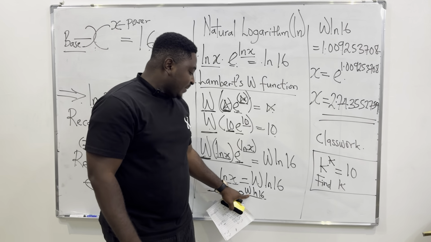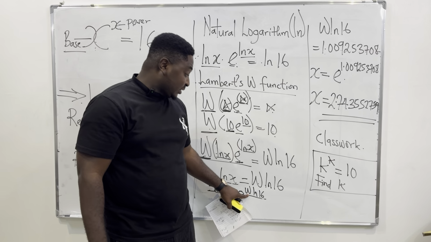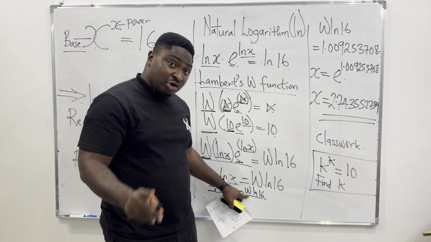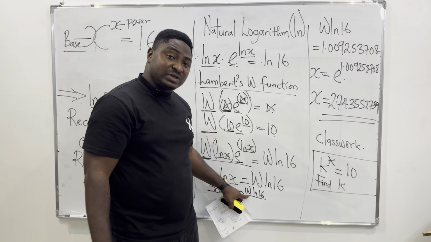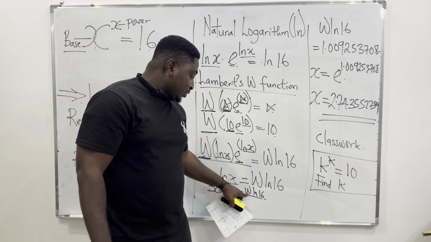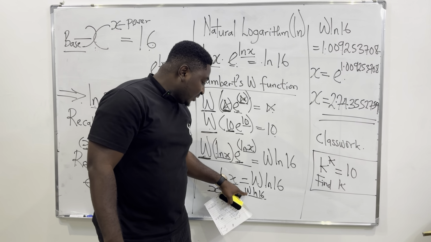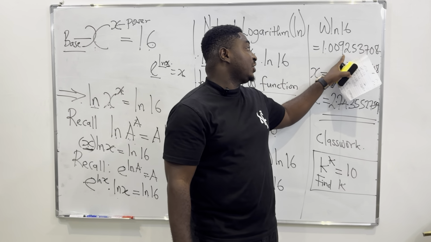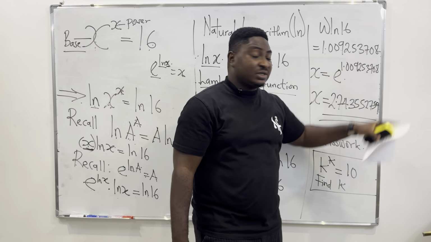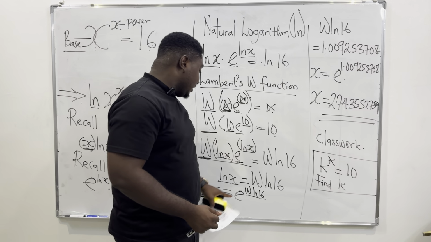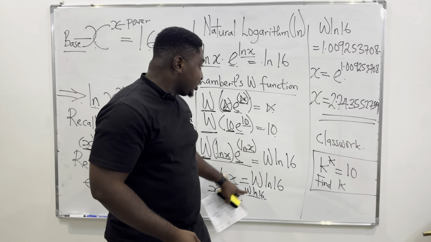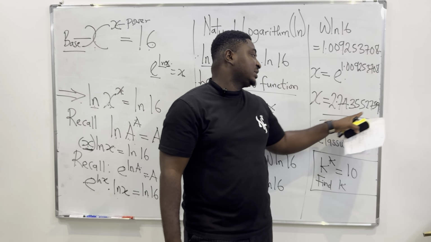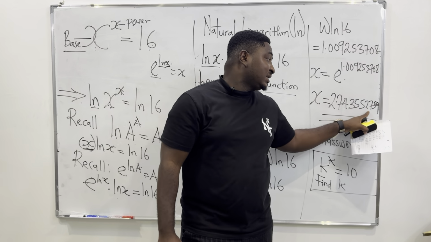So this is where the problem now starts. Most students will be stuck here because they will be looking for this symbol on their calculator and they will not get it. It's not your normal calculator. You need a programming calculator to get it. But you're lucky that in this class, I've been able to find the value of Lambert's W of ln 16, which gave us 1.009253708. So by the time we now say x equals the exponential of 1.009253708, we're going to find that the value of x is